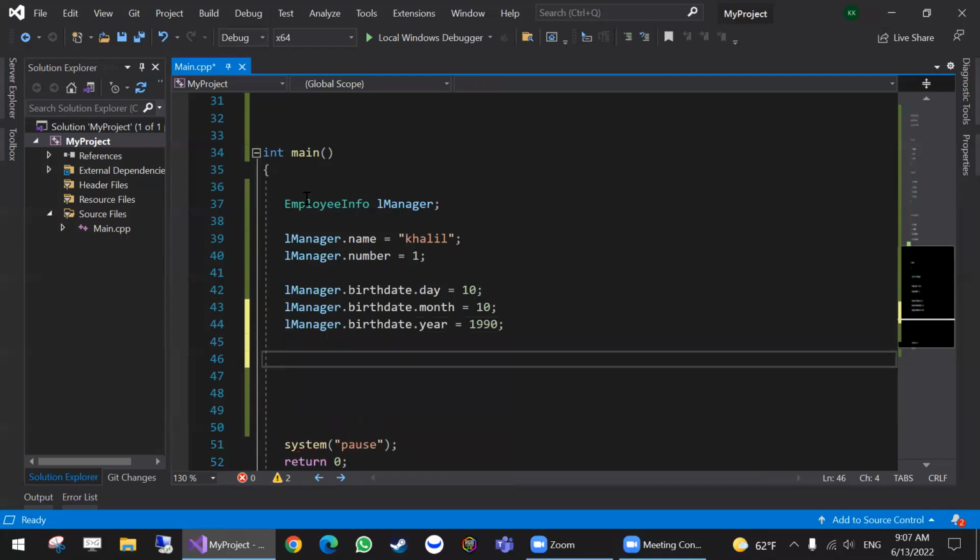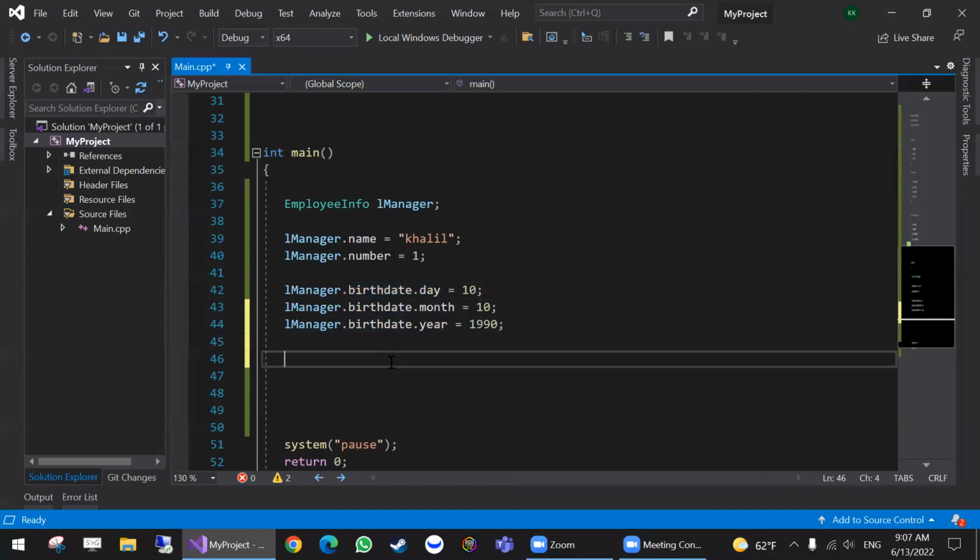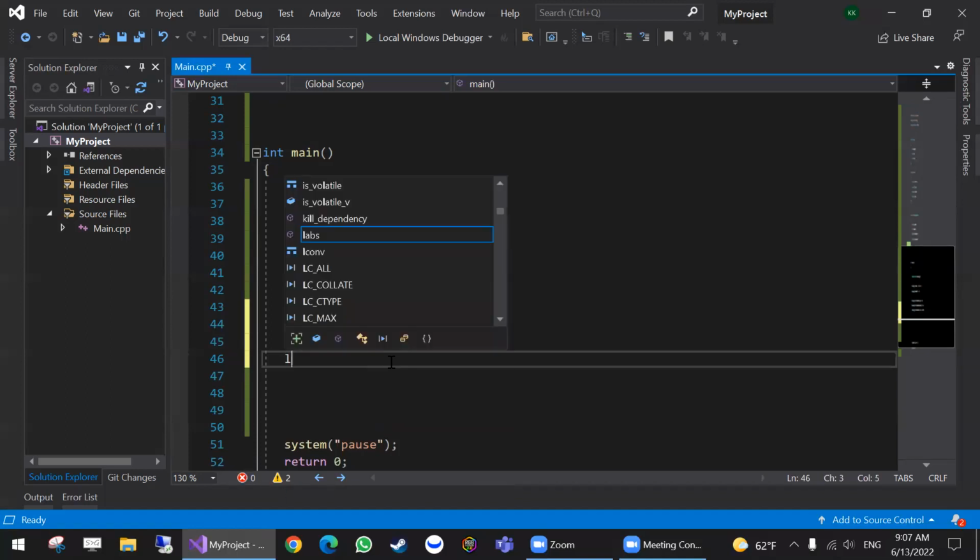This is for the date. Notice the 2 dots for the nesting, because birth date is a struct inside manager. So accessing a struct, basically a group of data, one of those is another group of data. So accessing that inner group, and then from the inner group, I'm picking up day, then picking month, then picking year. In a similar fashion, to get the resident info, I'm gonna say